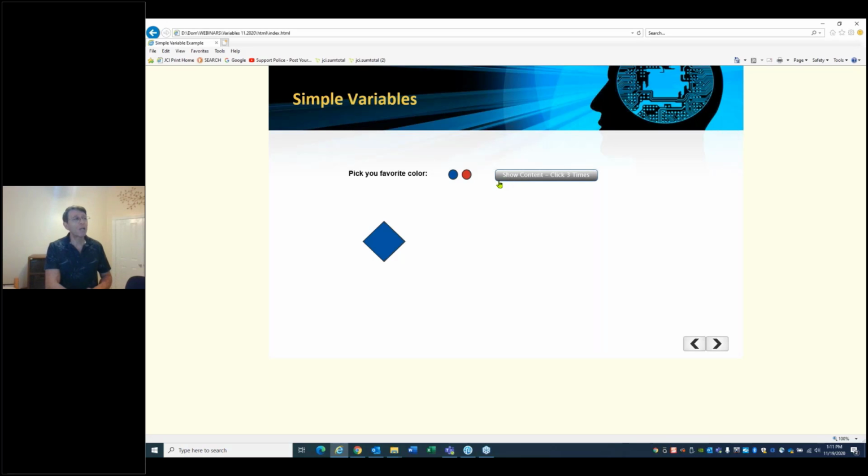Now, what if I change my color? Click on red and click on blue. Now, this is very interesting. I had created this a while ago, and when I was looking at it, I'm thinking to myself, wow, these shapes remind me of something. They remind me of the one-armed bandit, the slot machines in a casino.